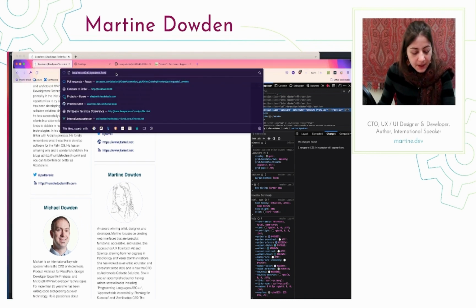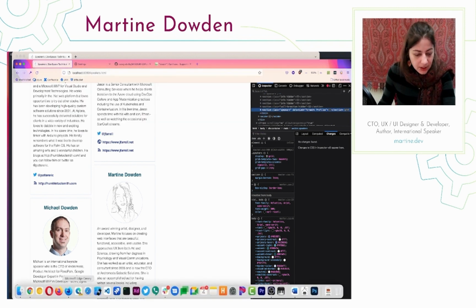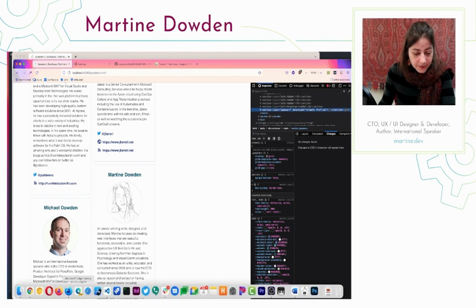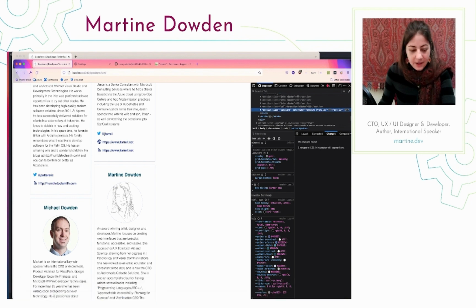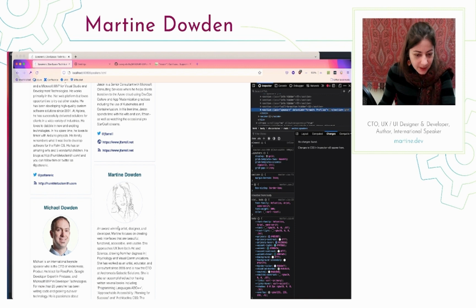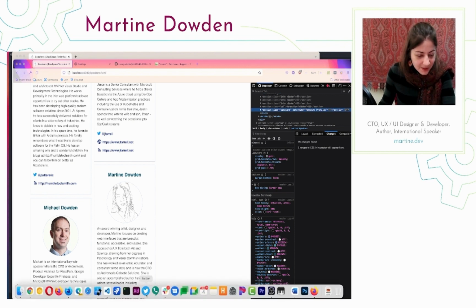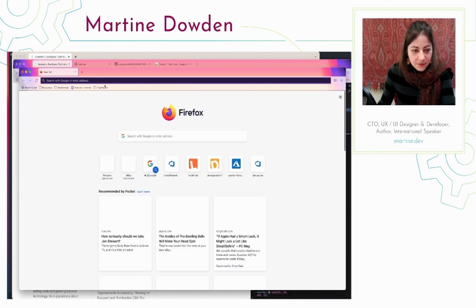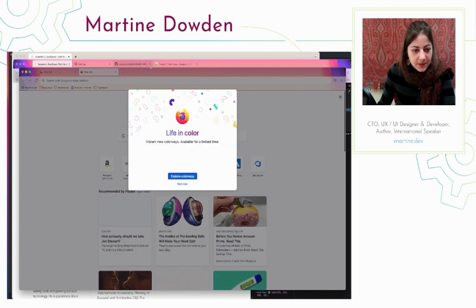So if I copy this, my local URL, right? It's just localhost right now. Everything's local to my machine. And I go into my standard version of Firefox, which does not have all the feature flags enabled. And yes, for those who are noticing the number of browsers in my UI, I'm a front-end developer, that's why. And I do like to test in multiple browsers because of differences in browsers. We will see that,